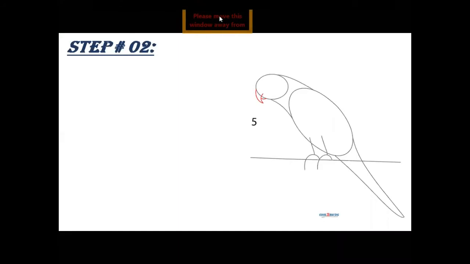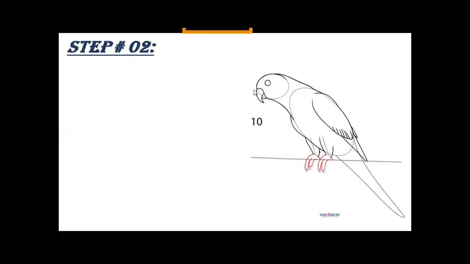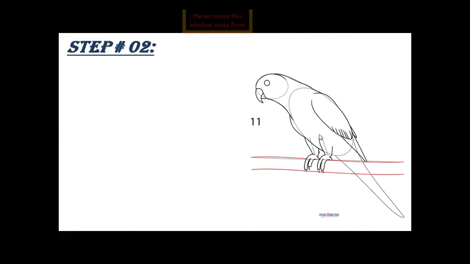Okay, you will draw the beak. After it, you will highlight it and draw its wings. Now you will highlight it, and you will draw some accessories just to give a proper shape to the wings.